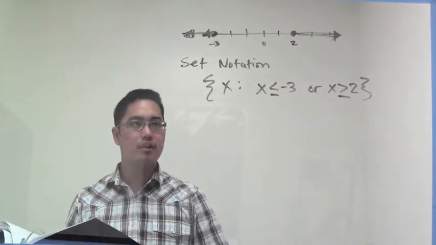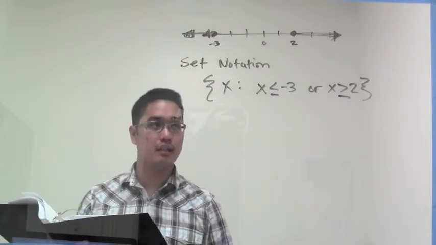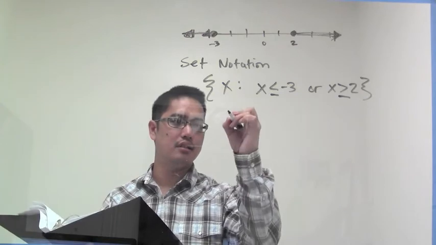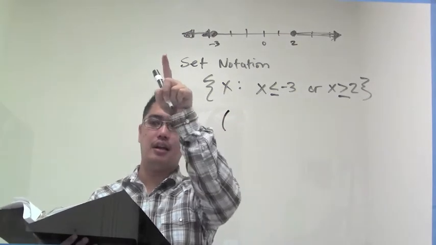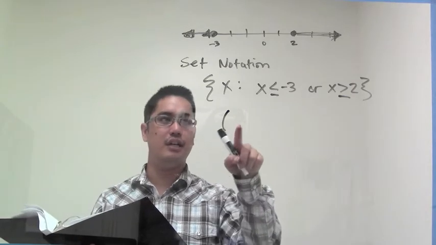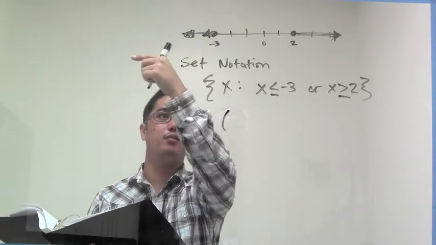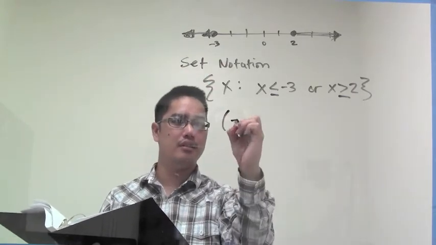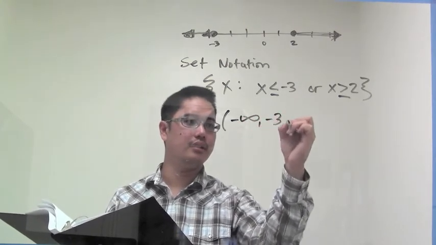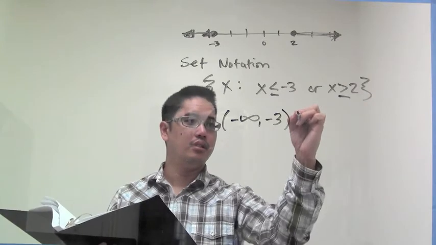All right, one of the things I like doing is this thing called interval notation, and it looks like this. The allowed x values are anywhere between negative infinity, because negative infinity is way out here, and negative 3. So it's negative infinity, comma, negative 3. Union,